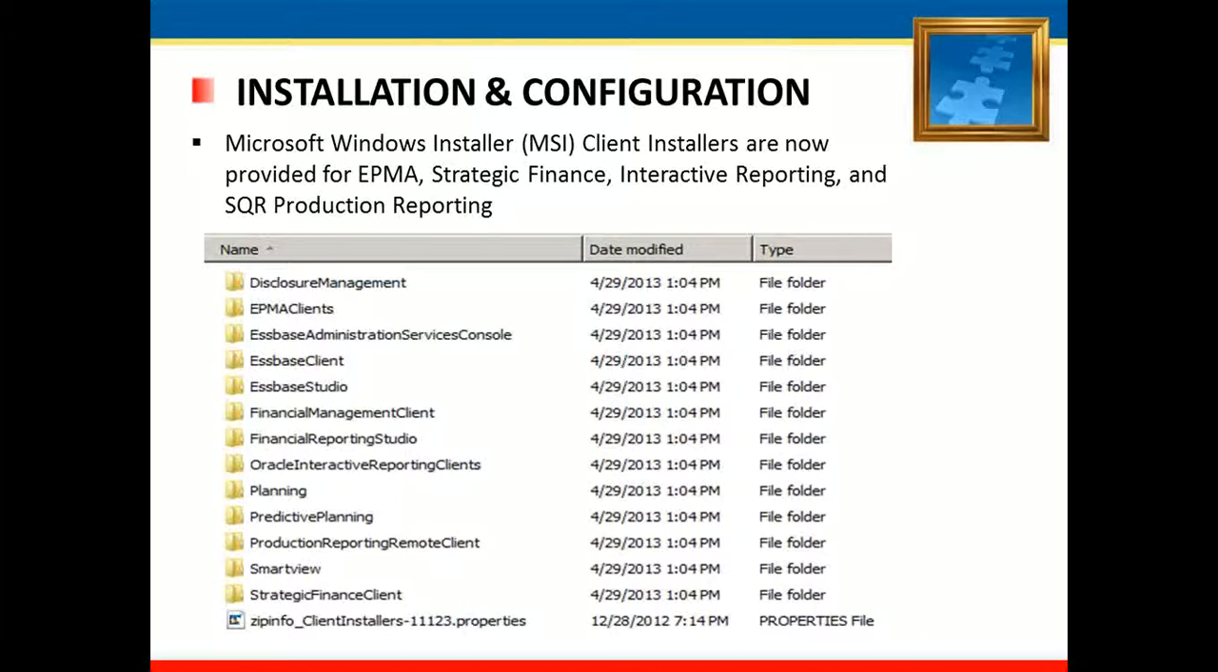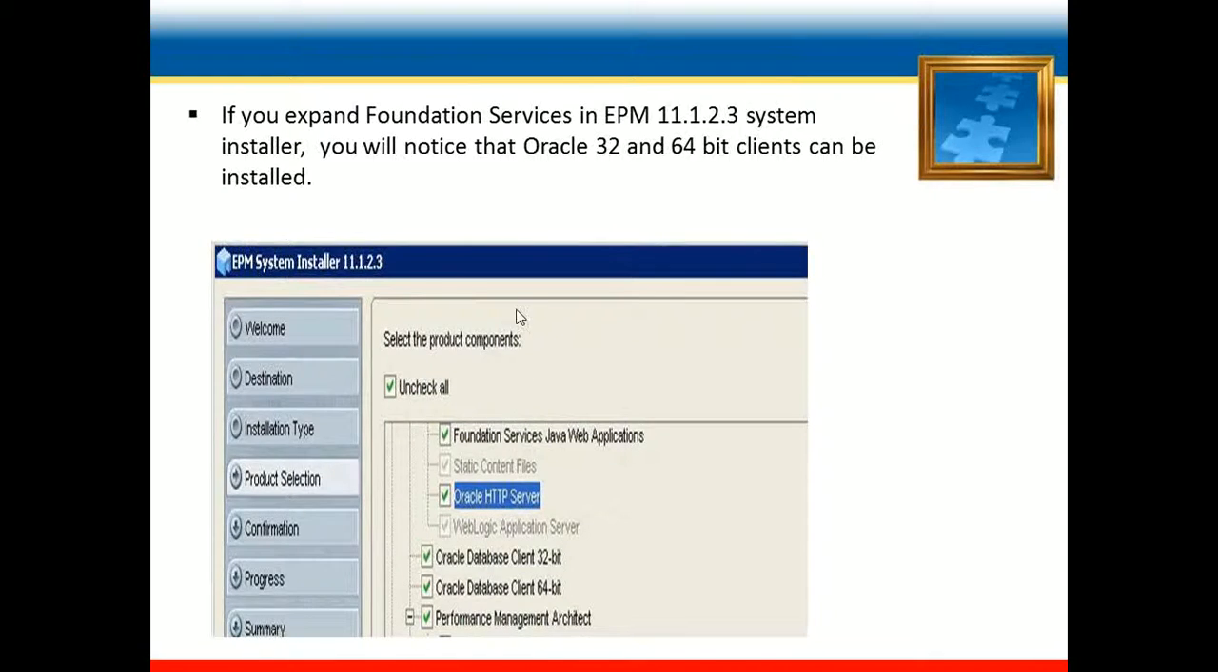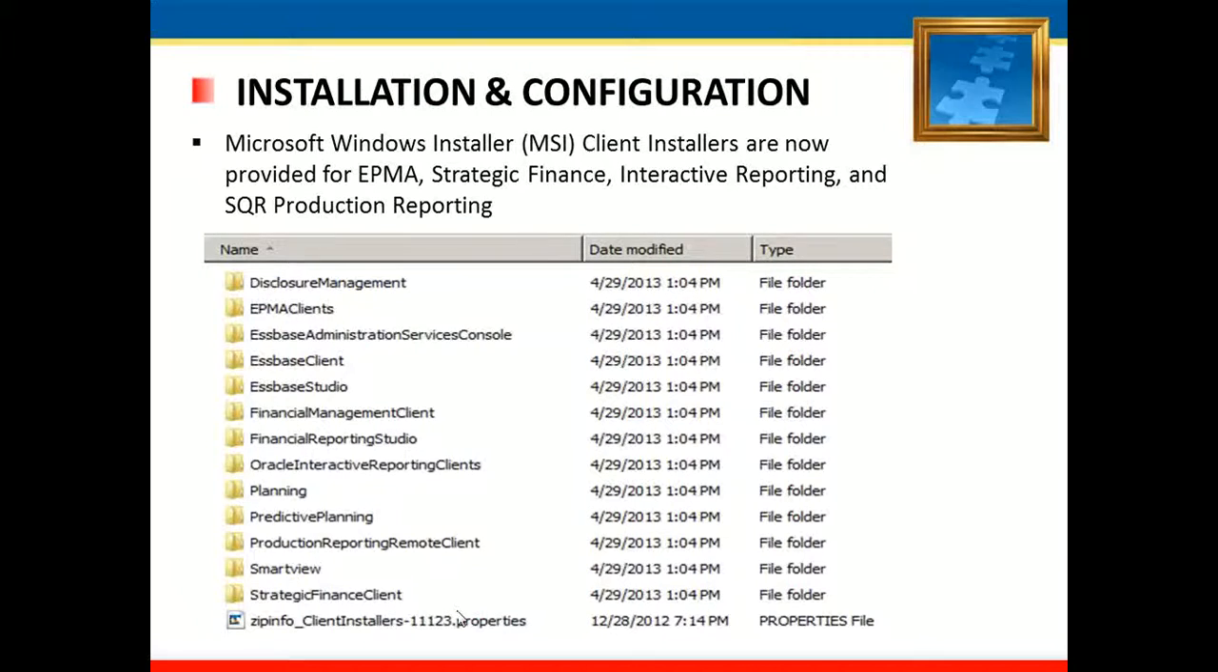In my next slide, I have mentioned the installation and configuration changes. With EPM 11.1.2.3, the Microsoft Windows installer provides the client installer for EPMA, Strategic Finance, Interactive Reporting, and SQL Production Reporting. I have mentioned the screen for client installers for EPMA, Strategic Finance, Interactive Reporting, and SQL Production Reporting. In earlier releases, this client installer is not available, and